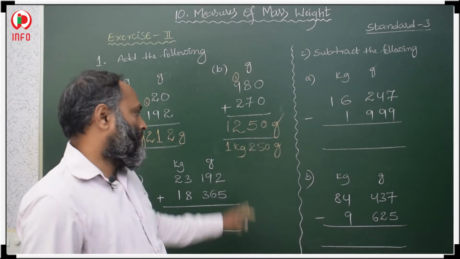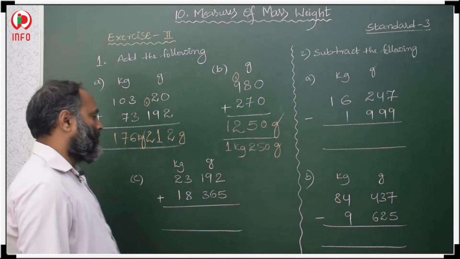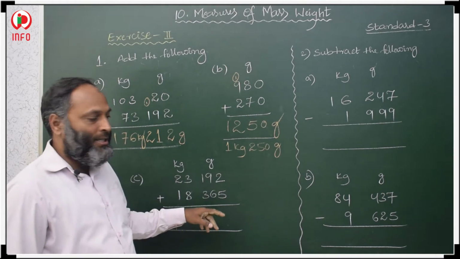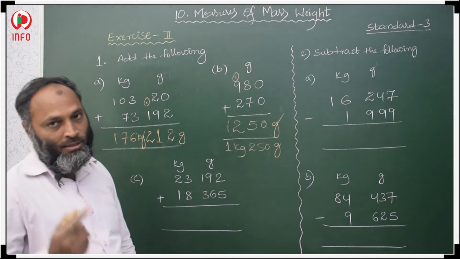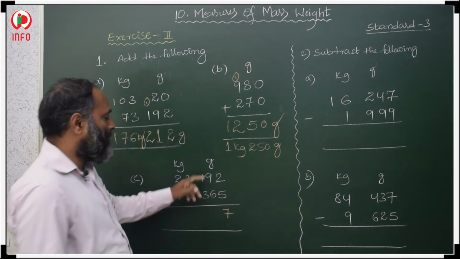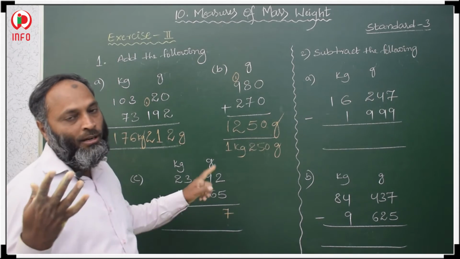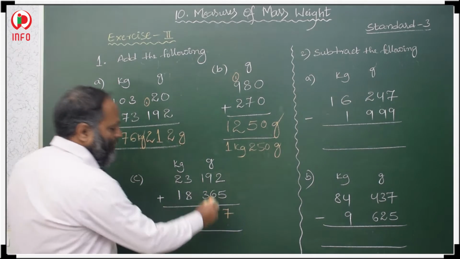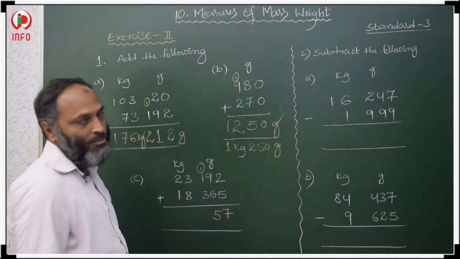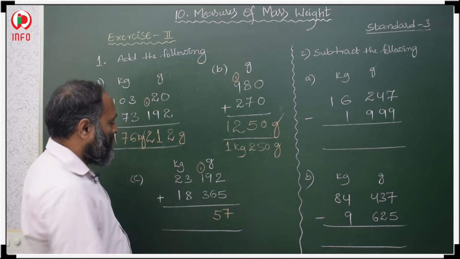1250 grams are 1 kg 250 grams. Okay. Now, the third question: add. Grams place, extreme right digit: 5 plus 2, 5, 6, 7. 7. In tens place, 9 plus 6, 9, 10, 11, 12, 13, 14 and 15. 15 means 5 in tens, and 1 we have to take as carry over on tens place in grams. Now 3 plus 1, 4, 4 plus 1, 5.